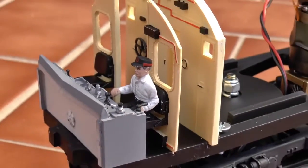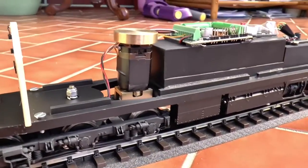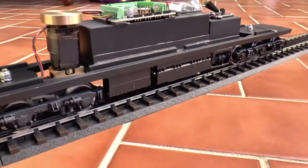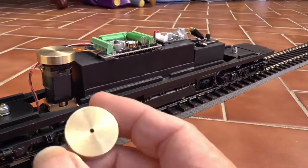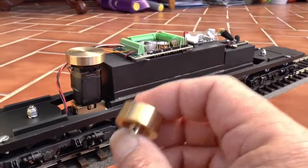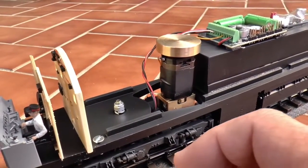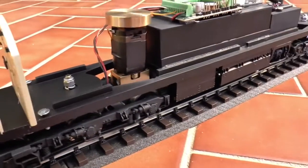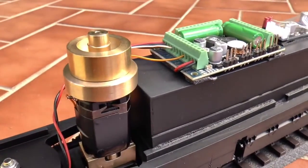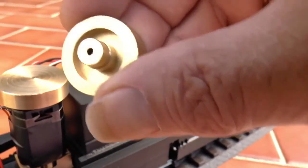So drop back a bit. So as you can see, it's now all painted. We go to the motor. There's a flywheel sitting on top there now, which is the one which I got made up at work. Let me see if I can get the one from Slater's. This is the one from Slater's, which is okay, but for me it was sitting too high. It's quite a bit deeper than this one, but they both weigh the same, because what I've done, I've increased the diameter to give the same mass as what I've got on the smaller diameter. If I place this on the top, you'll see what I mean. So it's larger in diameter but shallower, and the inside of that has been taken out, so the weight is about the same,